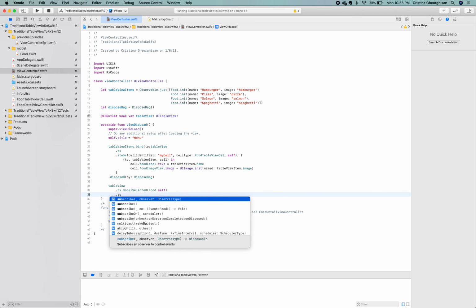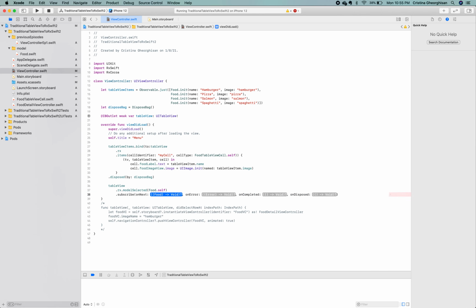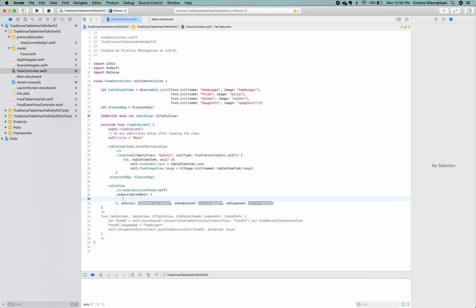The compiler helps make things easier. Now we need to specify what happens when a food object is received. We do that by implementing the closure for the onNext method.